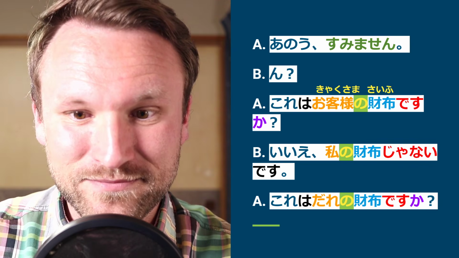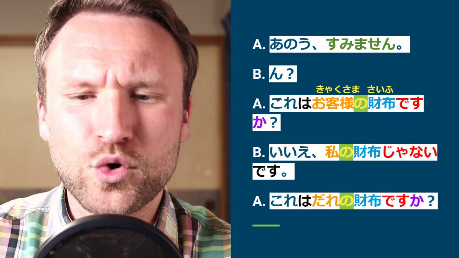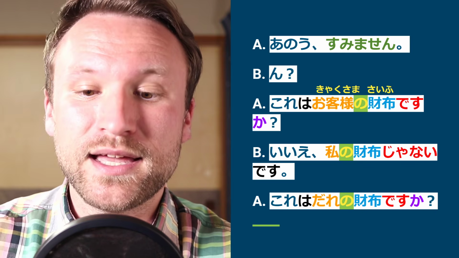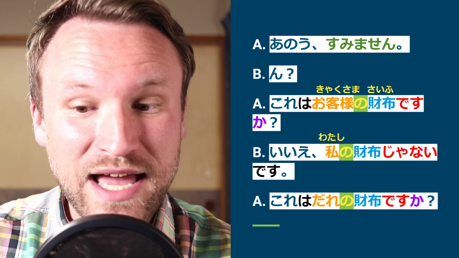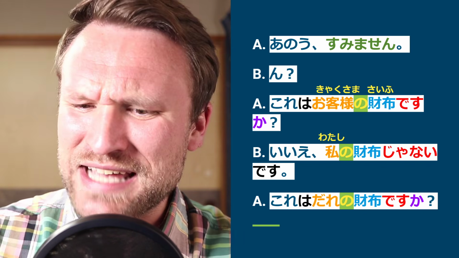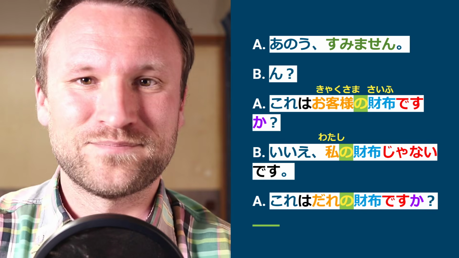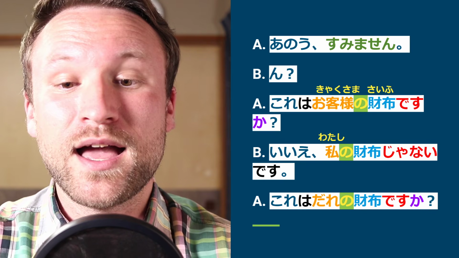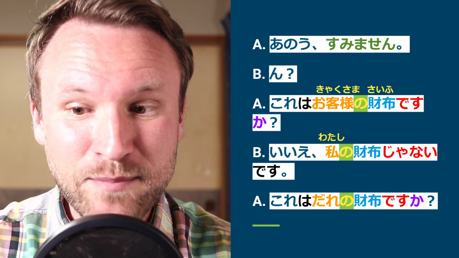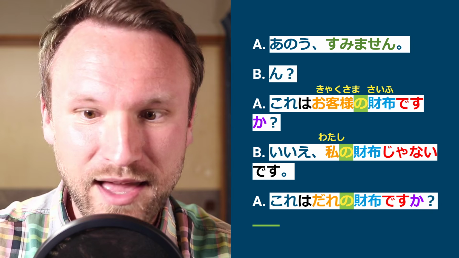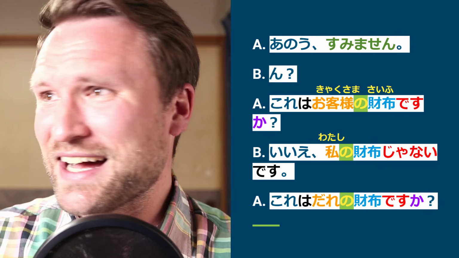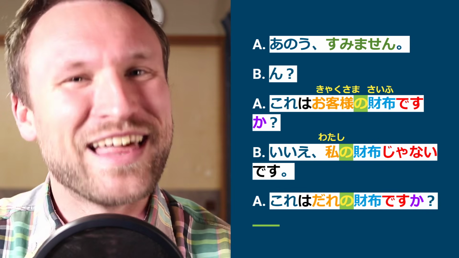すみません。これはお客様の財布ですか？いいえ、私の財布じゃないです。これは誰の財布ですか？ Alright, full speed. すみません。これはお客様の財布ですか？いいえ、私の財布じゃないです。これは誰の財布ですか？